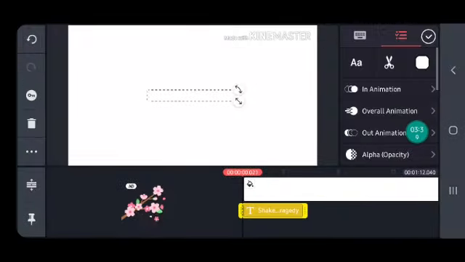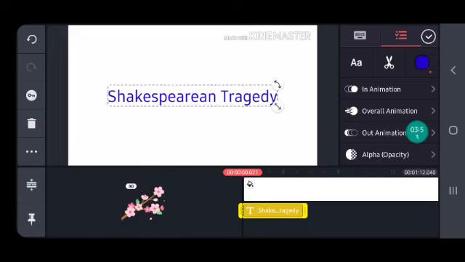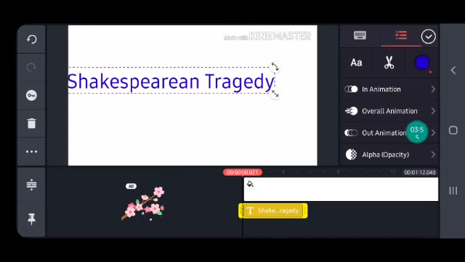Okay, type OK, and here we are not able to see anything because even the text is in white color. So we have to tap here and choose a different color so that our text can be seen on the screen.